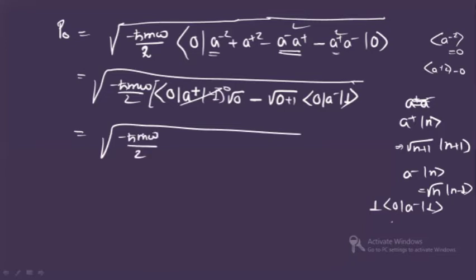Next, you see this entire term is 0, and you are having here root over h cut minus h cut m omega, and here again, this is becoming minus of root 1, which is minus 1. And again, when the lowering operator will operate, you will have root over 1. So here it is 1, and this will reduce by one state. So 1 minus 1, the state is becoming 0. So the value of this is 1. Clear? So finally you got this value to be minus a minus is plus, h cut m omega divided by 2, right? So this is the value of P naught, that is the ground state momentum.